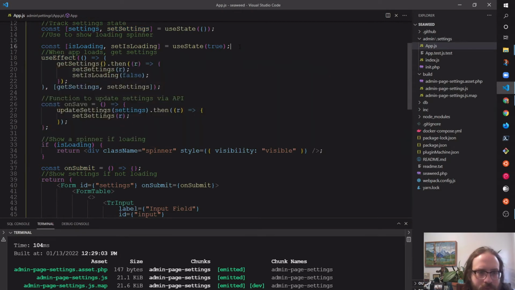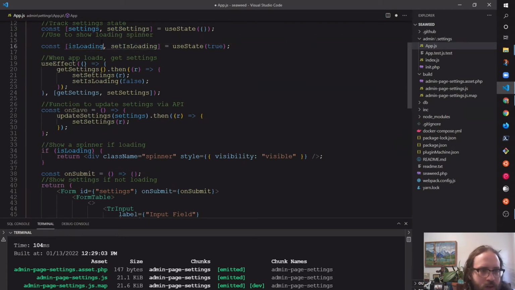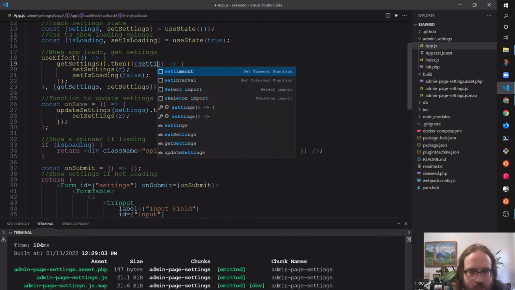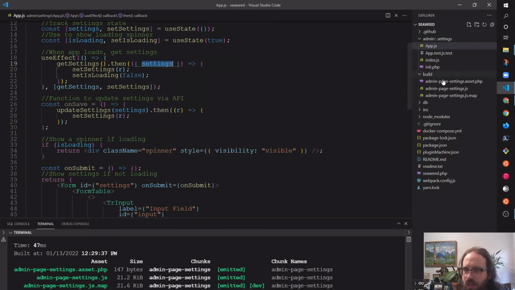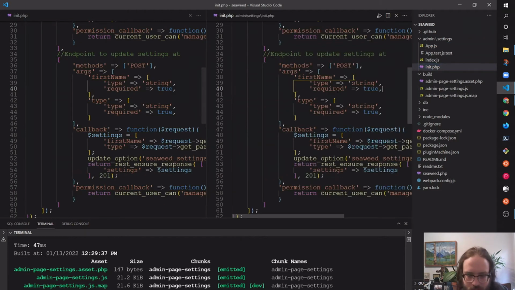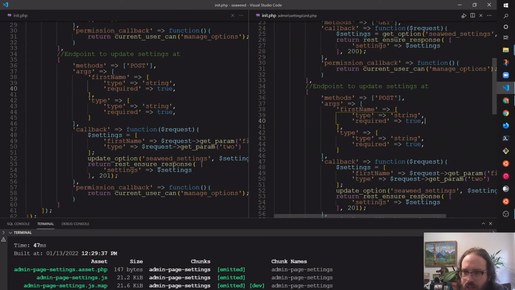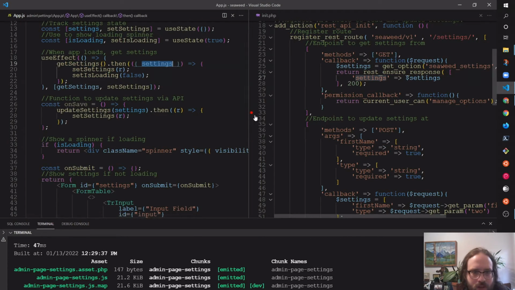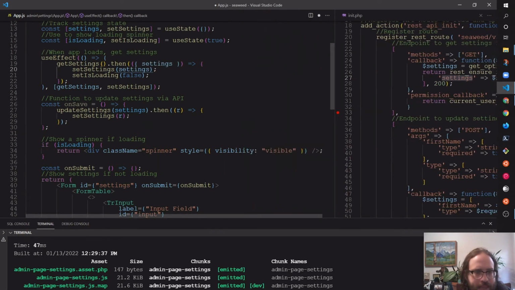And a way to track loading for showing a spinner. Also, I'm calling, using useEffect, this get settings method, the API one, and then it'll pass it back here. I do want to change this to settings, because remember I made a change on the server side here. The get endpoint's now going to return settings. So I need to change that. And that. And then